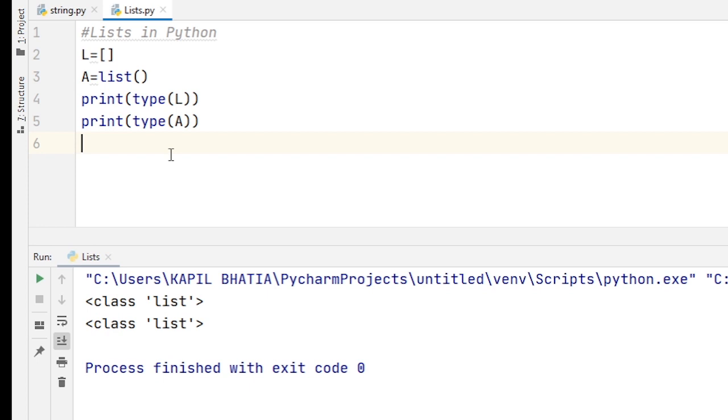We can also use the built-in list type object to create a list from a sequence, where the sequence can be any kind of sequence object including string, tuple or list. So here I show you how to create a list from a sequence.